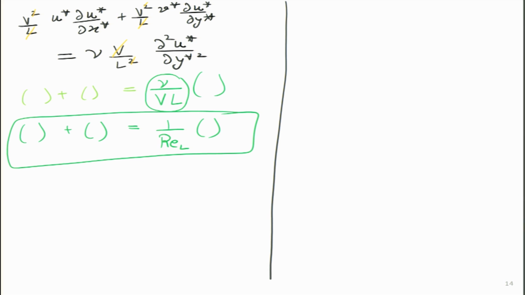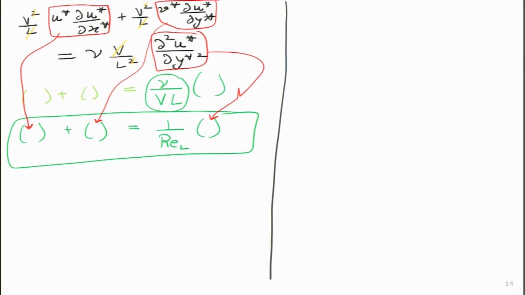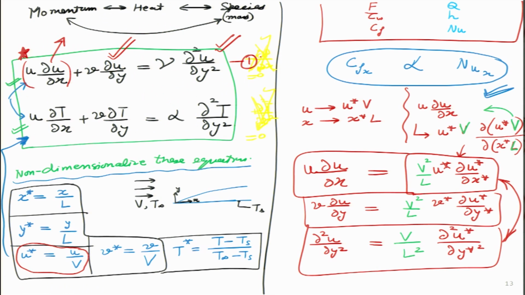I think students can fill these brackets themselves, right? What will happen in the first one over here? This is simply this thing. This will come and sit in this bracket. Then the second thing over here will come and sit in this bracket, and the third thing over here will come and sit in this bracket. I think students can do these things on their own. Let us go ahead, so this is the solution of equation number 1. Equation number 1 that we wanted to non-dimensionalize, we have reached our objective.